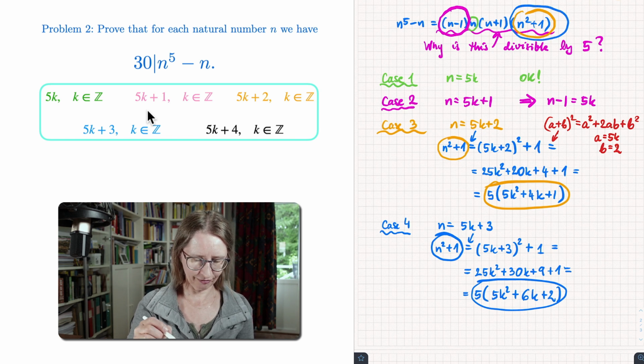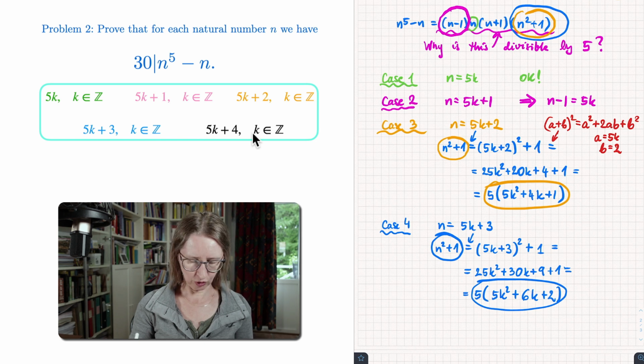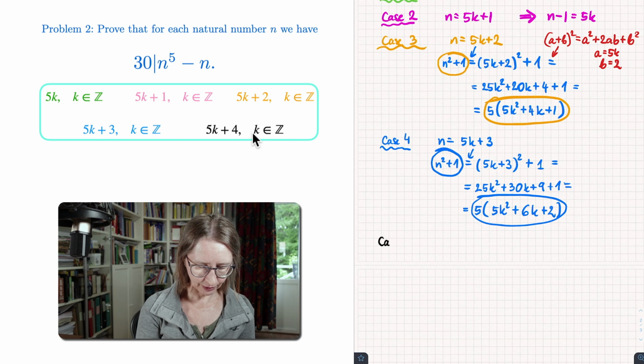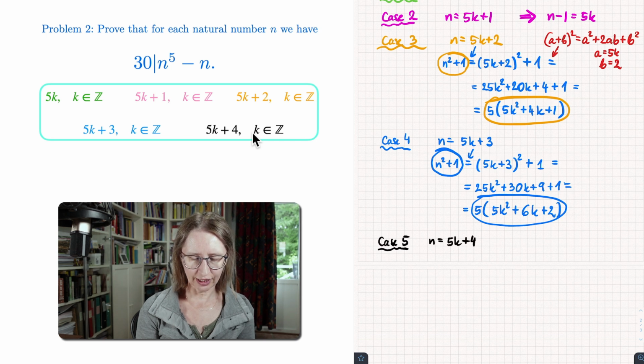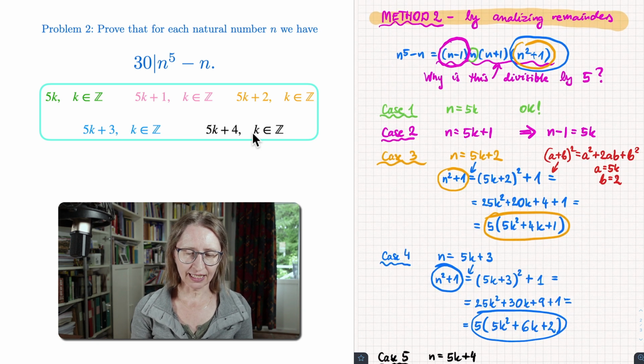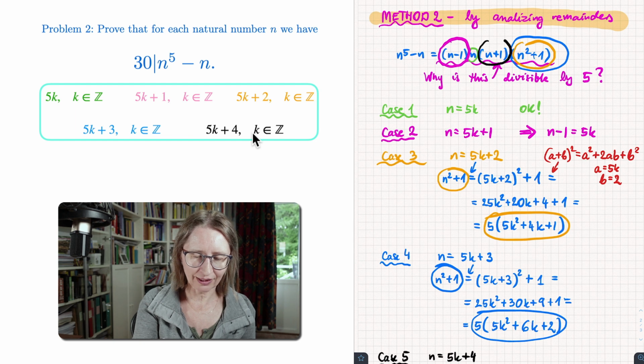And now we have just last case left, which was written in black color. Case 5. If n gives remainder 4 in division by 5, then you see n plus 1